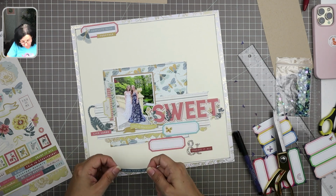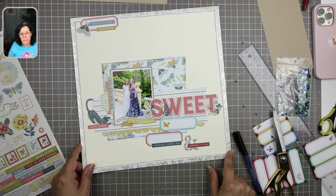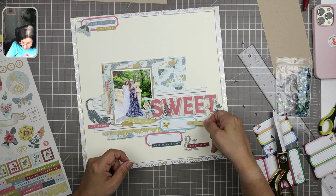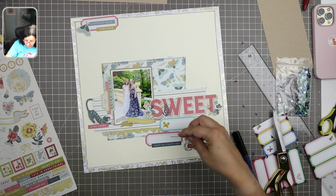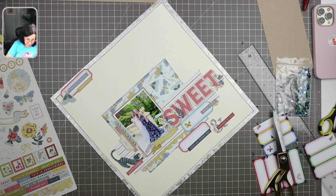And this blue one here says cherish every day. I'm going to layer it with the red label. And I need one more. This one says real life, and oh, nope, that's a golden one that I decided not to use. I'm going to use this gray one that says real life and layer it with the blue